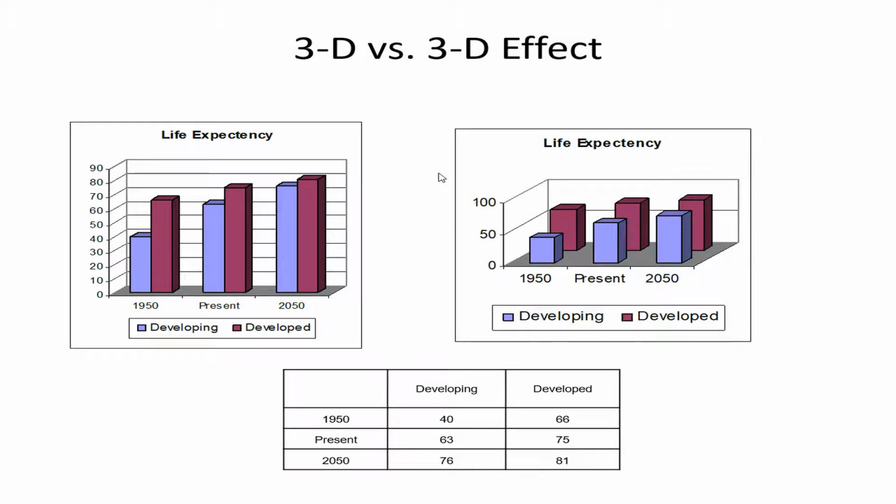One of them is life expectancy in 3D effect, and the graph to the right is a three-dimensional graph. The difference between the two is the graph to the left has two dimensions only, x and y, or categories and values. Here we have three